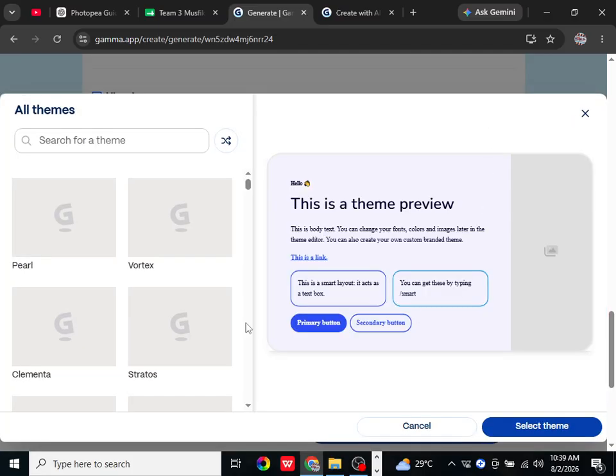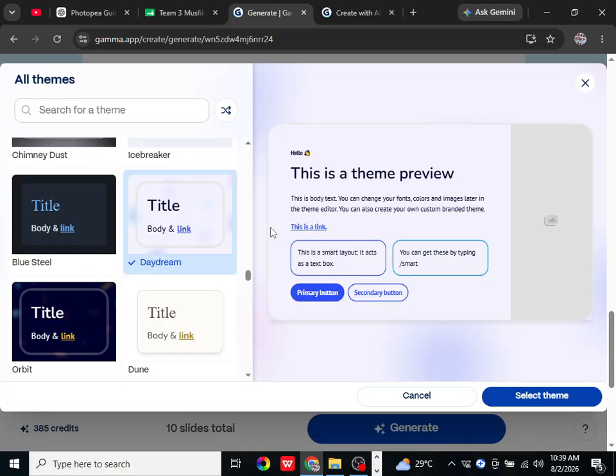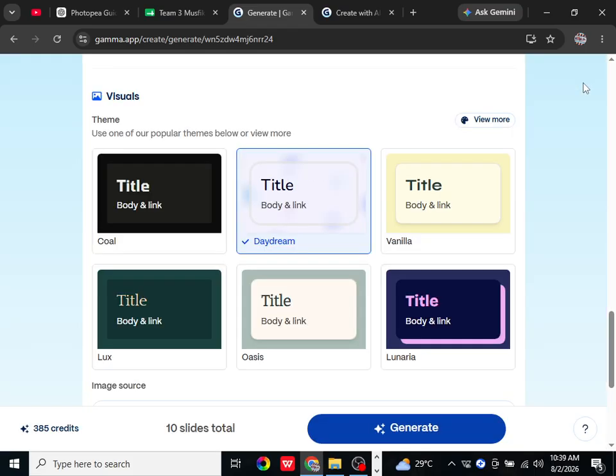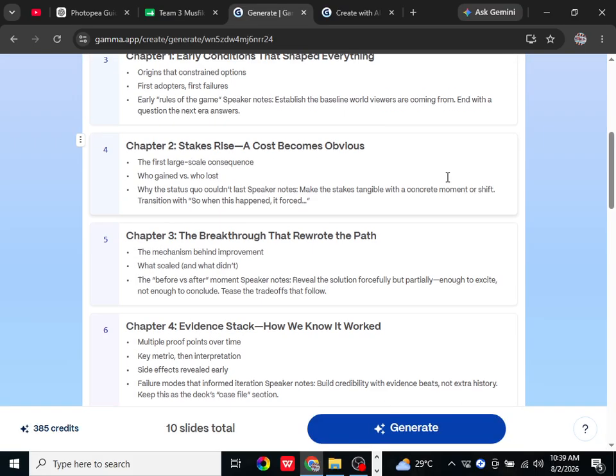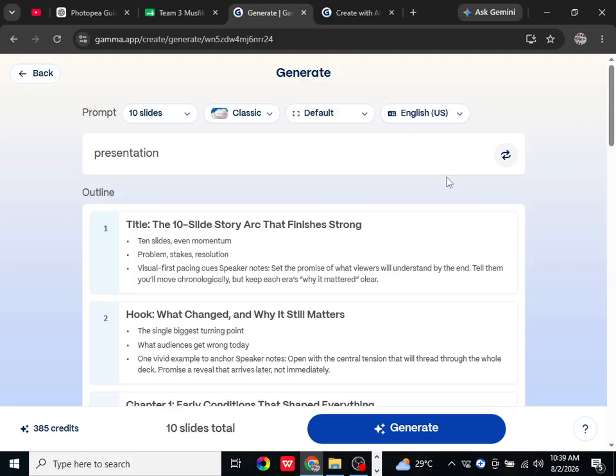For example, a professional theme can work well for business presentations, while a more creative style may be better for personal or educational projects. After making your changes, review every slide or section. Make sure the text remains easy to read and that the design looks consistent throughout the entire project. If you don't like the result, simply try another theme or adjust the available design settings until you find a style you like. Finally, save or apply your changes and use Gamma's available presentation, sharing, or export options when your